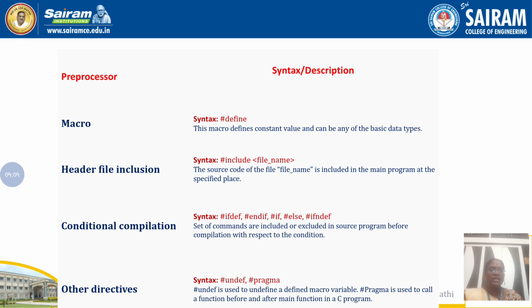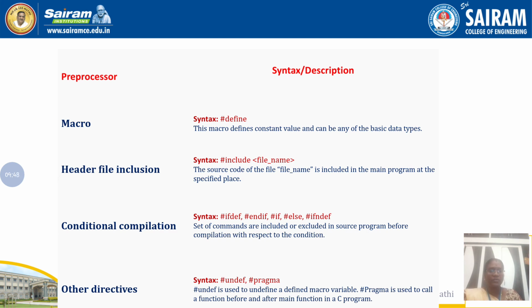Now we are going to the classification of preprocessor directives. What are those classifications? The first one is macro substitution, called #define, which will substitute some values. Then header file inclusion, called #include. You can include your built-in header files, your own user-defined header files, or some C programming header files, which I will see in detail in the next slides. Then conditional compilation, that is compiler controlled directives. The best examples are #ifdef, #ifndef, #else, #undef, #endif.